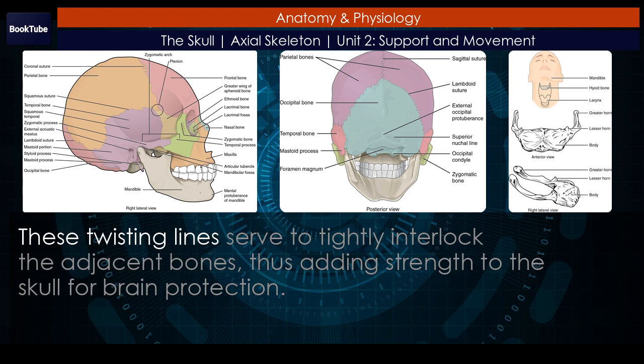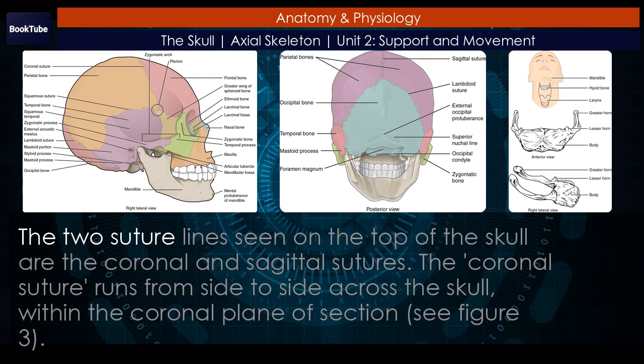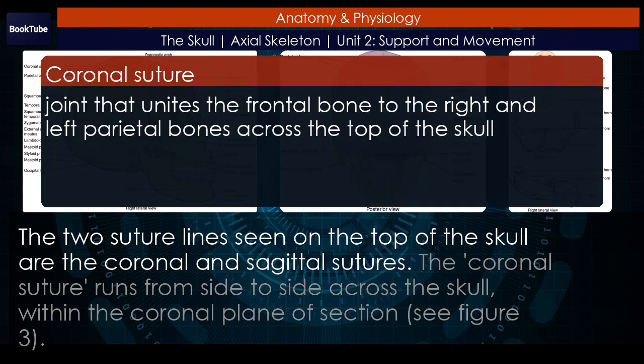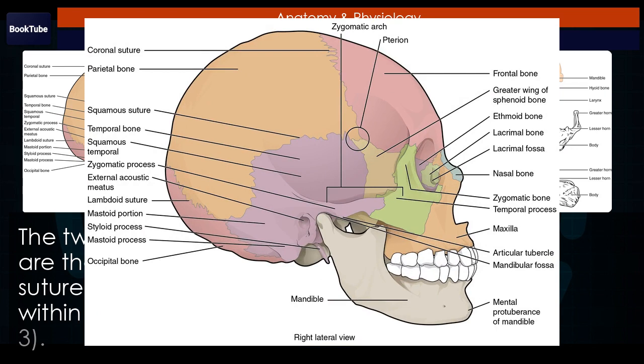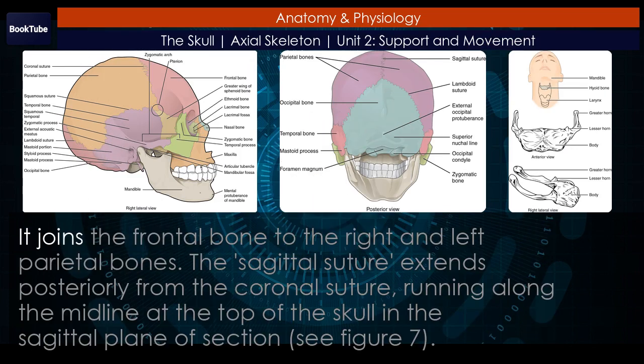These twisting lines serve to tightly interlock the adjacent bones, thus adding strength to the skull for brain protection. The two suture lines seen on the top of the skull are the coronal and sagittal sutures. The coronal suture runs from side to side across the skull. Within the coronal plane of section, see Figure 3, it joins the frontal bone to the right and left parietal